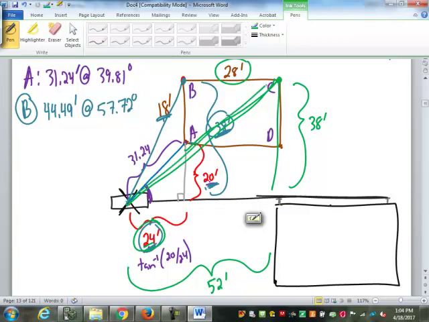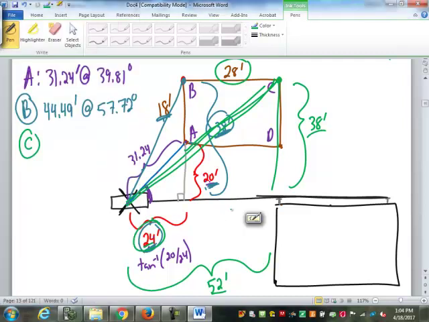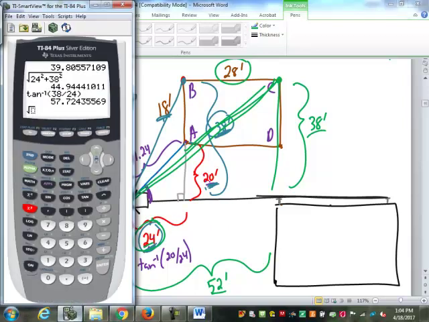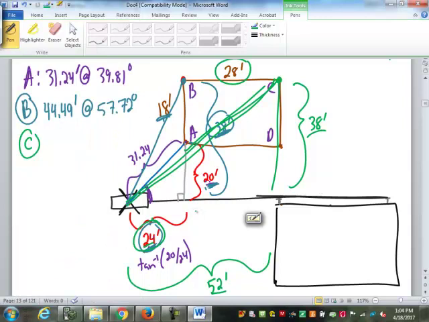So that distance across there for point C will be the square root of 52 squared plus 38 squared. Would that be 62? No, it should be 52. So 52 squared plus 38 squared is